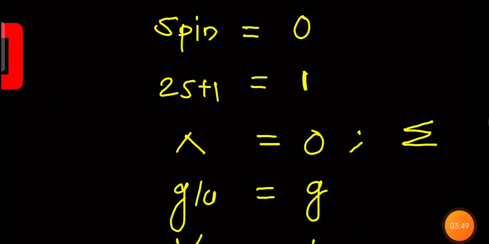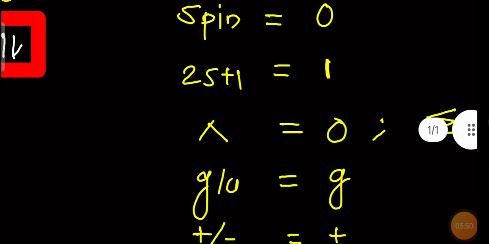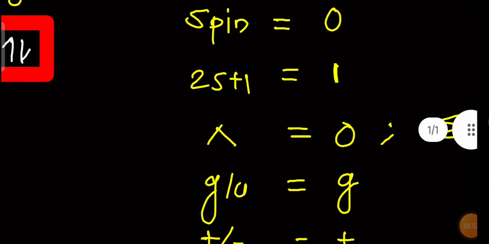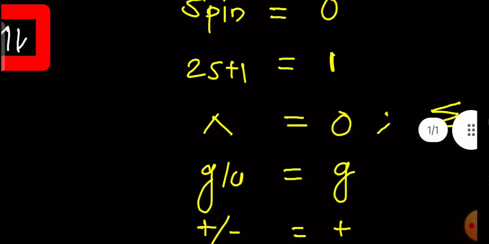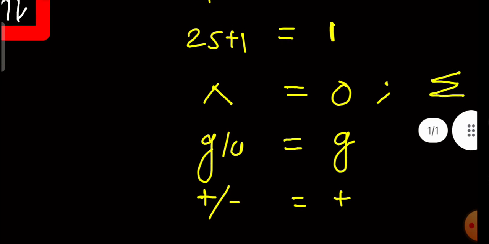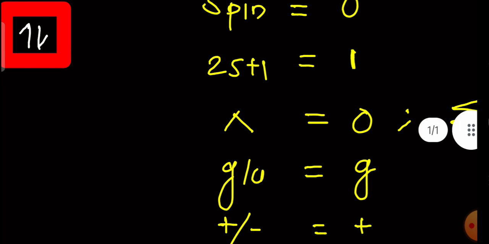And then g or u. Whenever electrons are in sigma bonding, it must be called g. And now the plus and minus sign is with respect to the wave function. Sigma orbitals are always symmetric, that's why they have a plus sign. If we combine all this, you will get your term symbol.